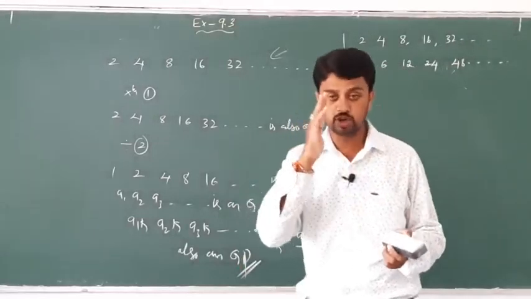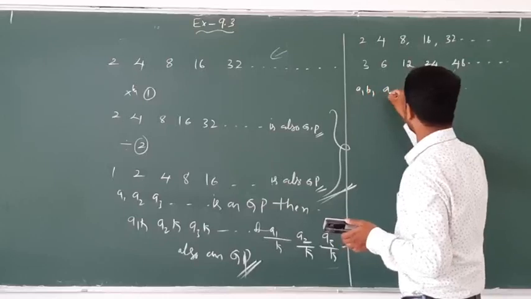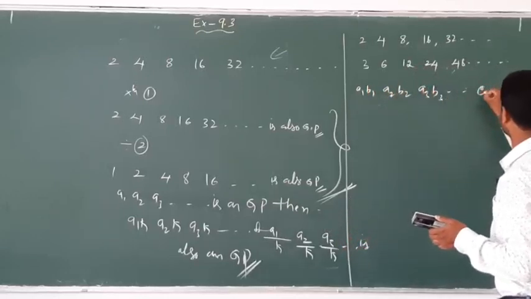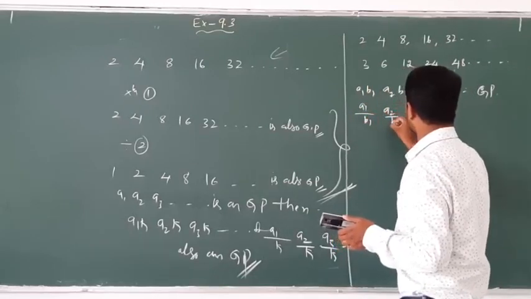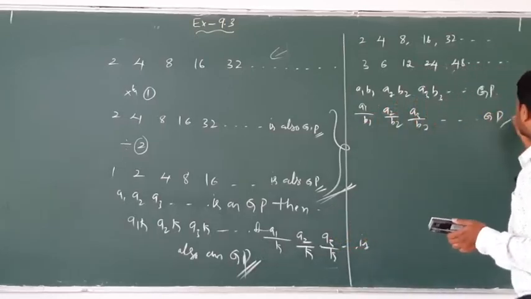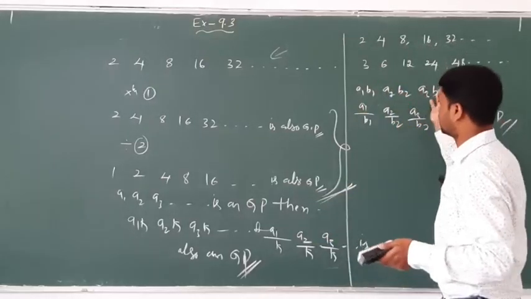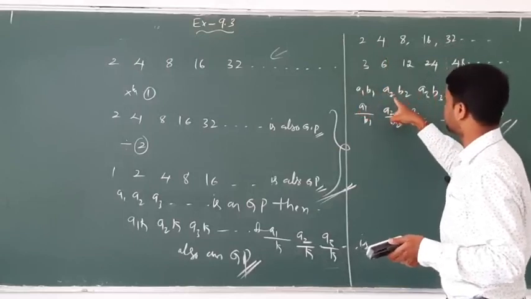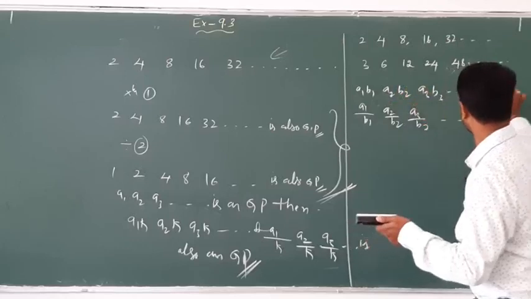So it's a geometric progression if A1, B1, A2, B2, A3, B3 is also a GP, and A1 divided by B1, A2 divided by B2, A3 divided by B3, and so on, is also 100% a GP. Okay, listen, you check it. 2 3s are 6, 6 4s are 24, therefore the ratio is 24 by 6, which is 4, therefore the same ratio is also formed.